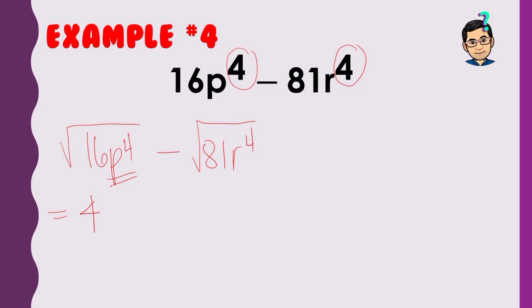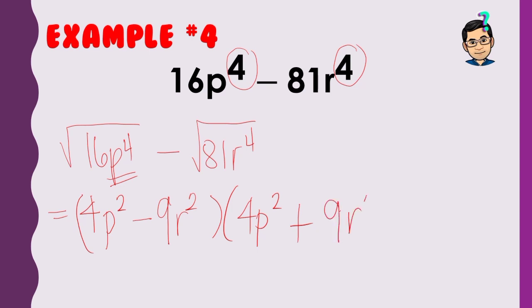P to the fourth power. So, ilang 2 ang pwede natin kunin sa 4? Dalawa. So, that is 4p squared. Next, 81r to the fourth power. Anong square root niya? So, 81, 9, and then r to the fourth power is r squared. Dito naman, plus 9r squared. So, kung mapapansin nyo, yung isang factor natin dyan ay pwede pa rin siyang i-factor, which is ito,